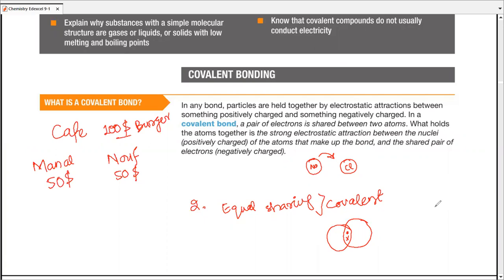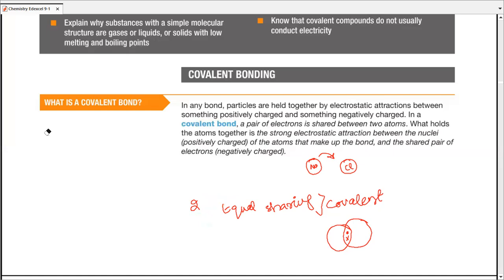And whenever I use the word equally, I am actually trying to prove to you that if one atom shares one electron, the other one is bound to share one electron as well. If one atom shares two electrons, the other one will also share two. That's why I'm calling it equally all the time, though that word is not exactly used over here, but I'm using it for a purpose so that you understand the point. Make sense? Okay. This is also there in maths, right? Like Venn diagrams. Venn diagrams also are about the overlapping of circles.